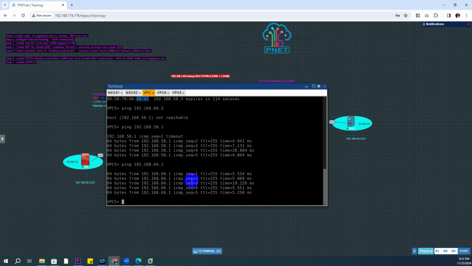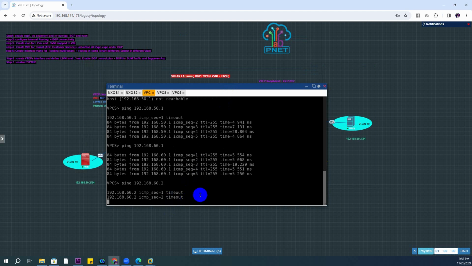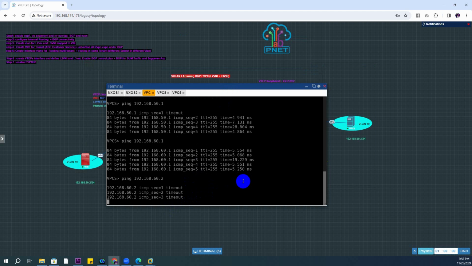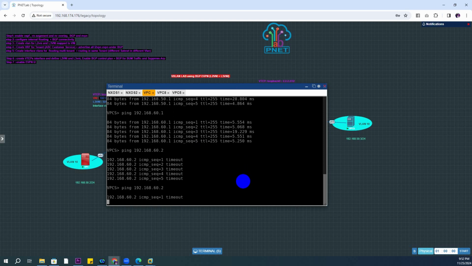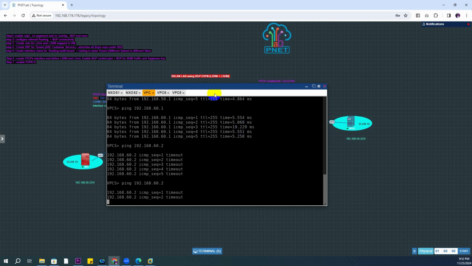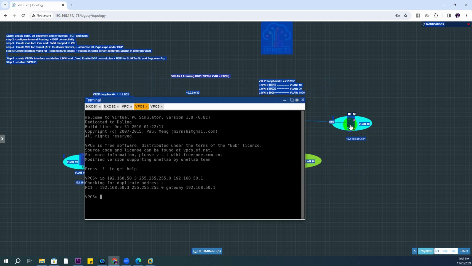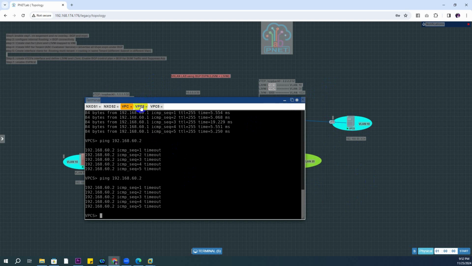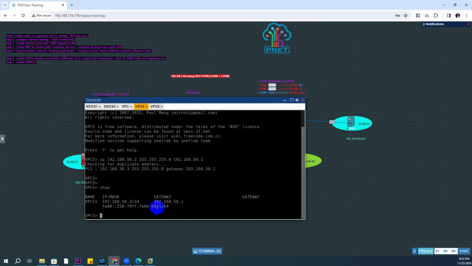Let's now ping from this server to this server. This is our objective. Okay, 62. Okay, the ping to 62 is still not working. Why? Let's try to ping from this server. Or let's see here, show. This is this server, okay. 53. Let's ping to